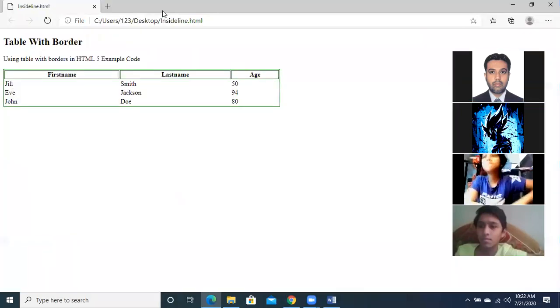So now you can see that the table header has got the outline, but not the data. So data has not got the outline in this case. This is the example using which you can understand how we can apply the outline to the table, number one, table header, table data, and to all the rows of the tables.